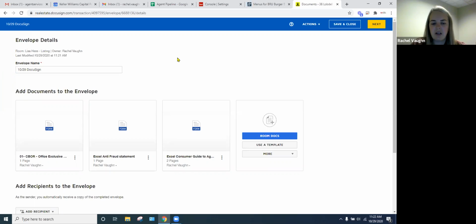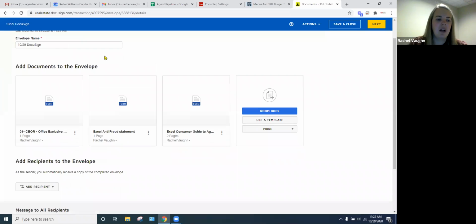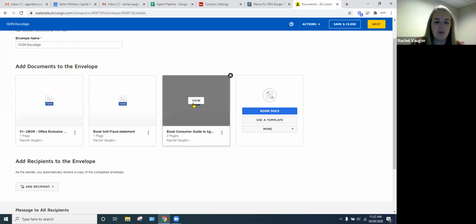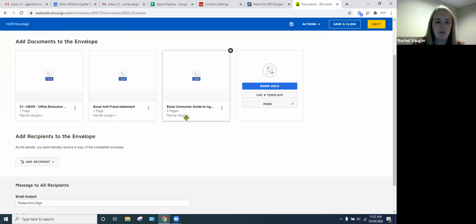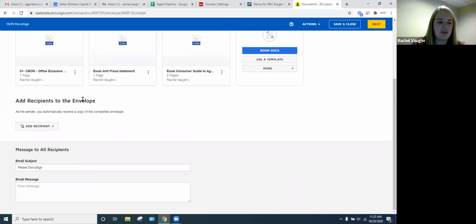If you want to leave it, please DocuSign, that's fine. And then next is all the forms that you have selected to send in the envelope. And then as you scroll down, there's add recipient. You're going to click add recipient, and always